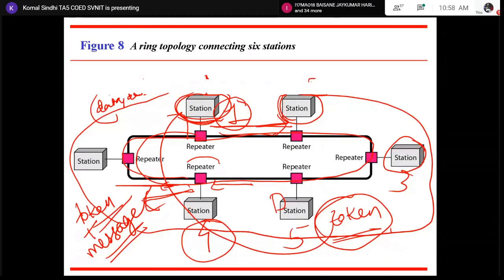Here, the role of repeater is, suppose this is the distance between station 1 and 2. Let's say this is 1 kilometer, and this is again 1 kilometer. Let us suppose that everything is 1 kilometer. So after traveling this much distance, it is possible that the signal or the message which we are getting is becoming weak, right? So what we need to do is to send it to a longer distance.